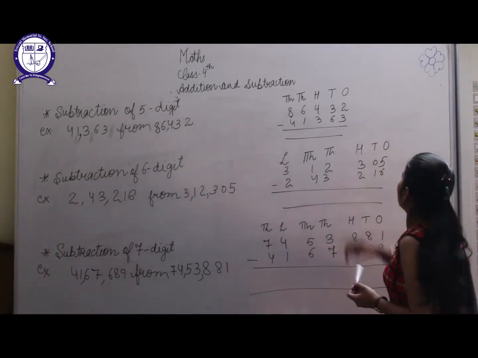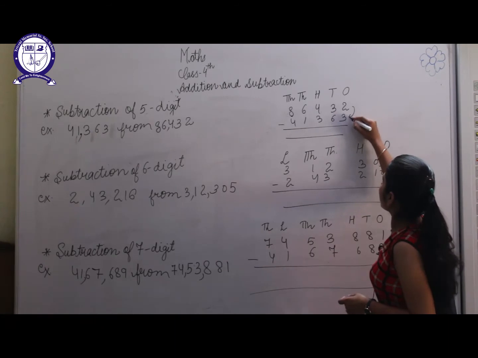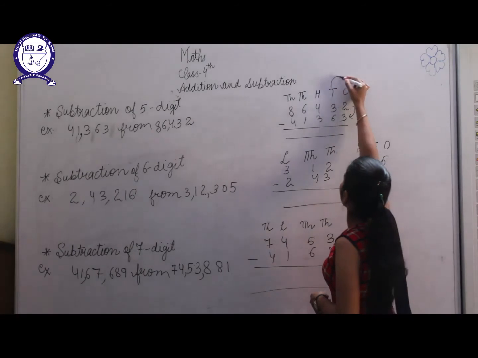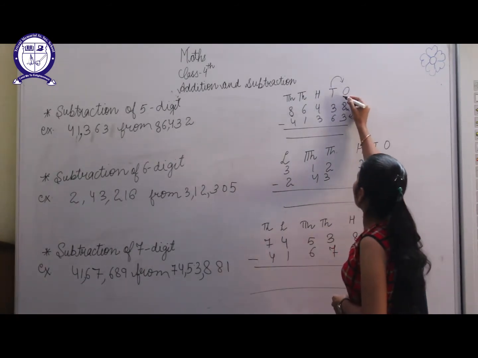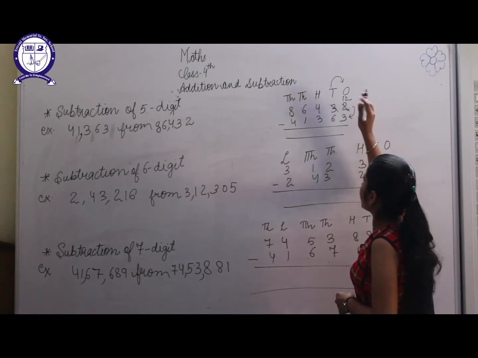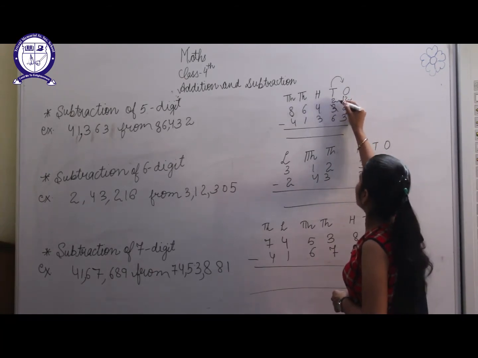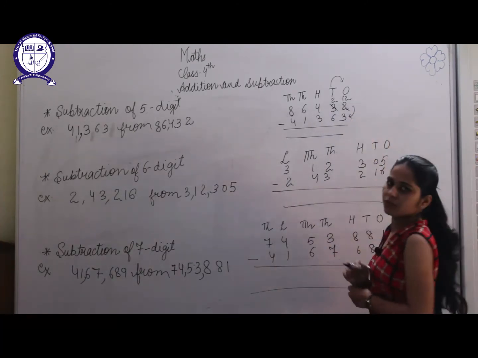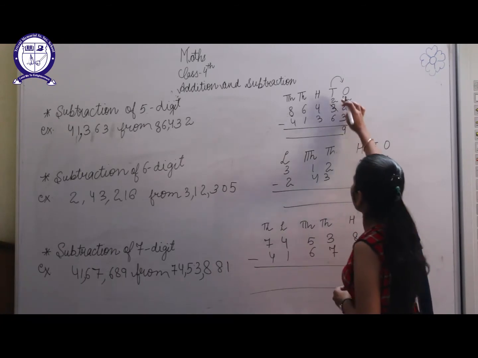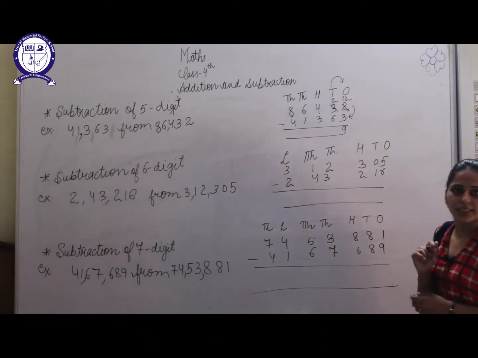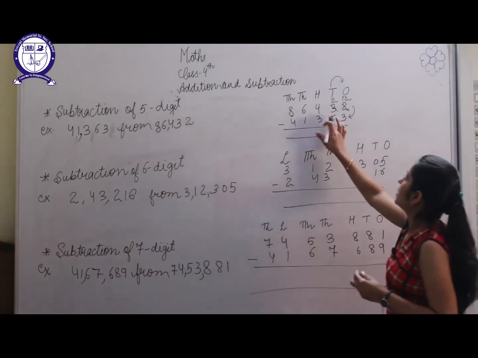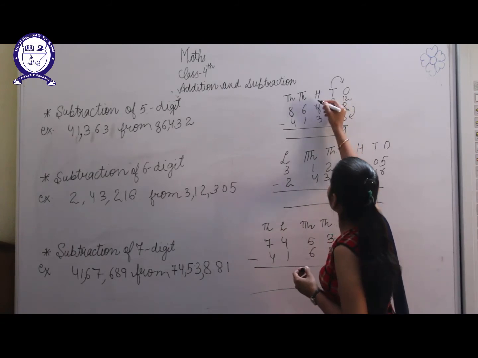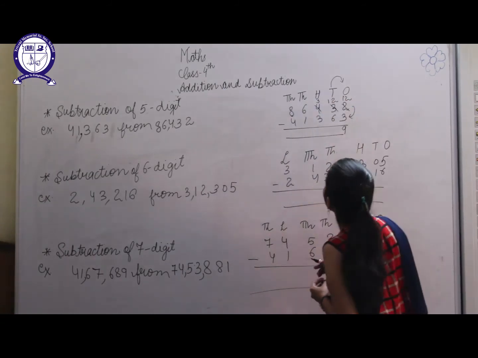Arrange the numbers. Here we cannot subtract 3 from 2 because 3 is greater than 2. So what we will do, we will take a carry or borrow from the tens place, and this will become 12, and after giving the carry to the ones place, the tens digit will become 2. So we will subtract this 3 from 12. After subtracting 3 from 12, we will get 9 as the answer, and the tens digit will become 2. And we need to subtract 6 from 2, but this cannot be subtracted as 6 is greater than 2. So what we will do, we will take another carry from the 100 place. So it will become 3 and it will become again 12.